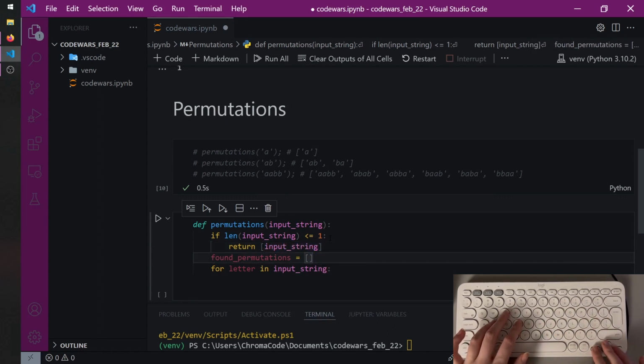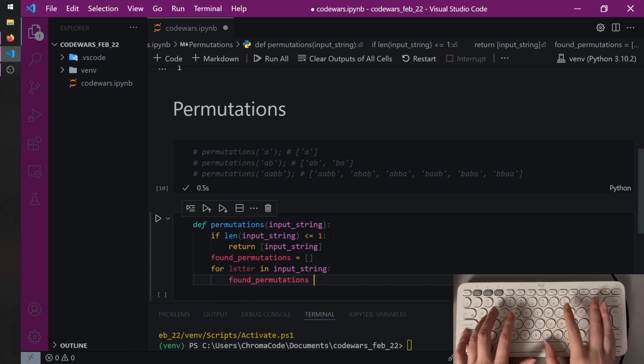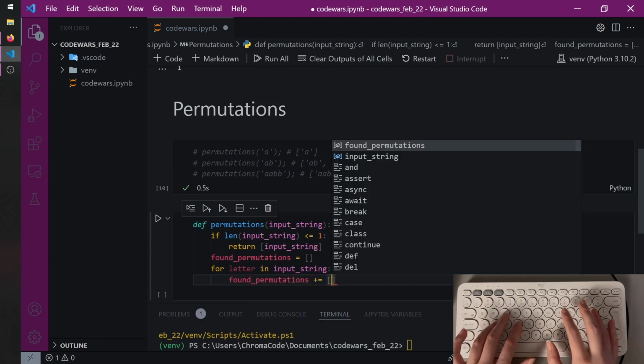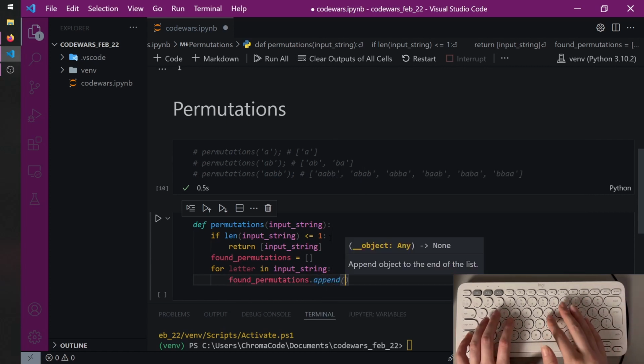Like up there, if we get an A, we just return a list with the string A. But if it's bigger, then we need to find multiple permutations, and then we will add into the found permutations. We will